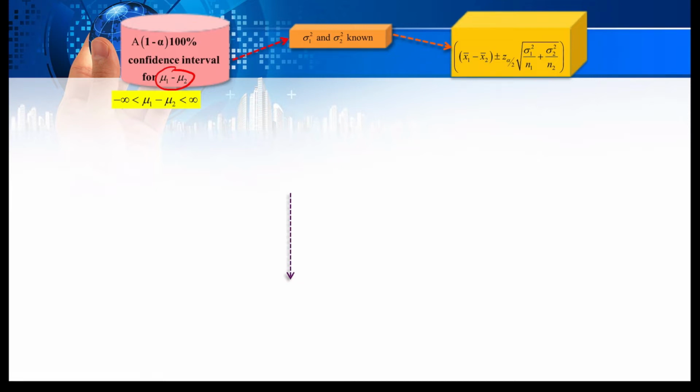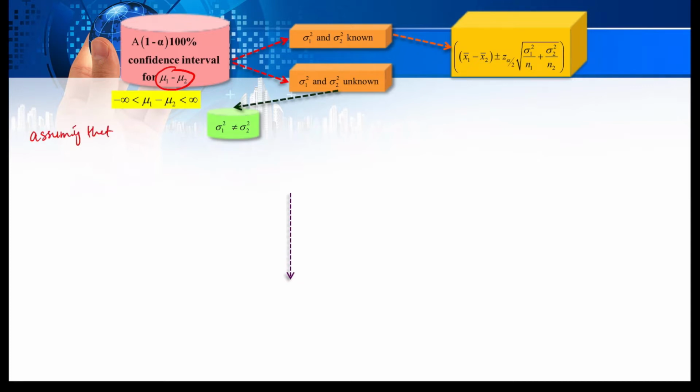Then, if sigma square is not given, look at the question: it states whether both population variances are equal or not equal. Assuming that both population variances are not equal,